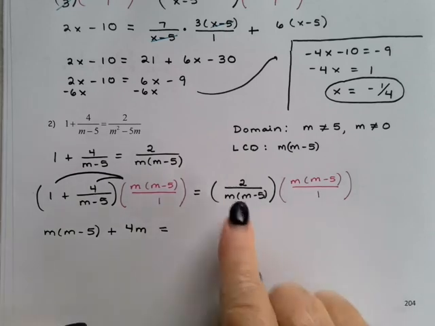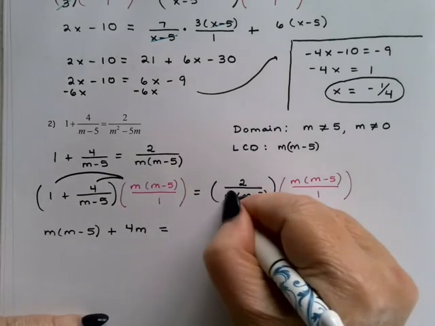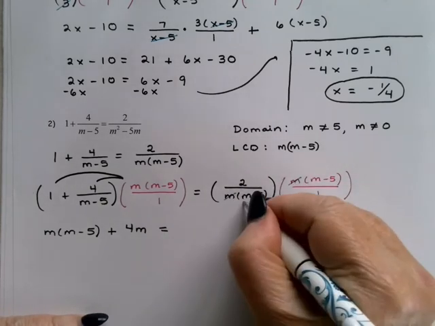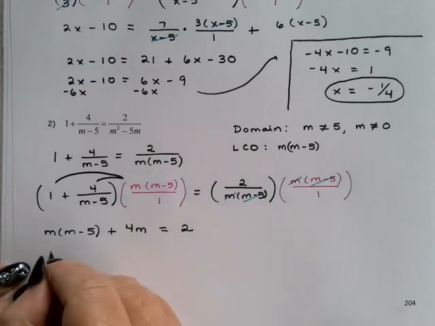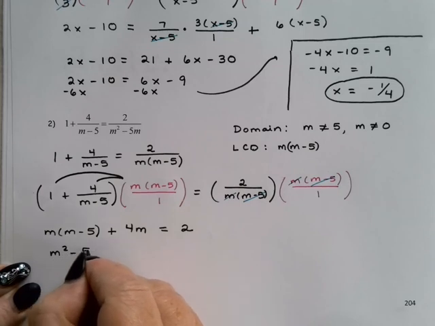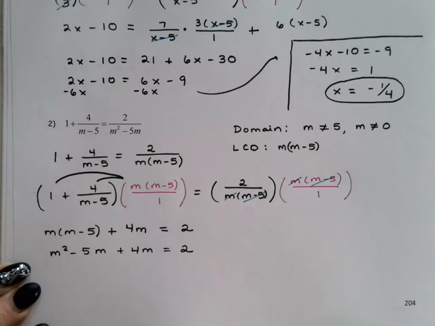On the right-hand side, there's only one term inside the parentheses, so I can just go ahead and say m divided by m is 1, m minus 5 divided by m minus 5 is 1. All I've got left is 2 divided by 1, or 2. Well, that got a lot simpler in a hurry, didn't it? I'm going to distribute the m here. M squared minus 5m plus 4m equals 2,